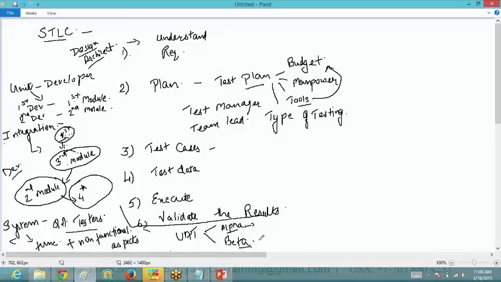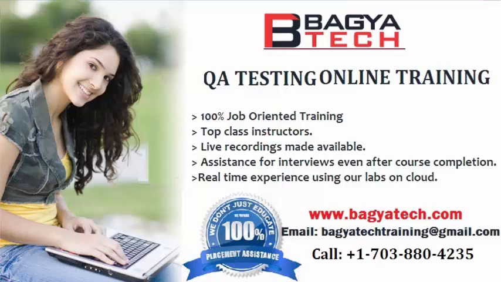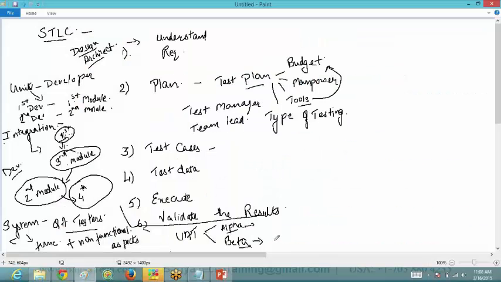Now under beta testing, whatever software the client wants to be built for him, he needs to put it in the market. So at the end, the end users would be the main set of people who would be using the software. So this testing is done by the end users, the actual people who are going to use the software. If they face any problem, they contact the client, and the client will then contact the IT team.